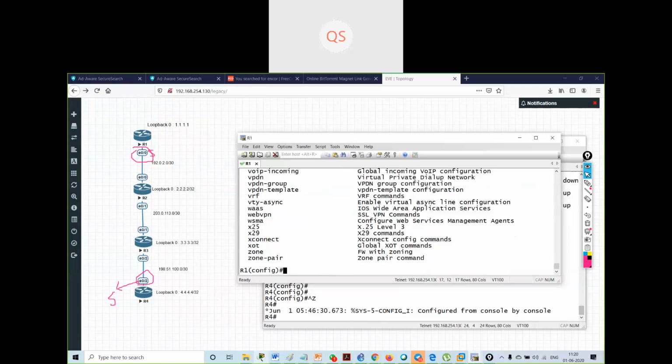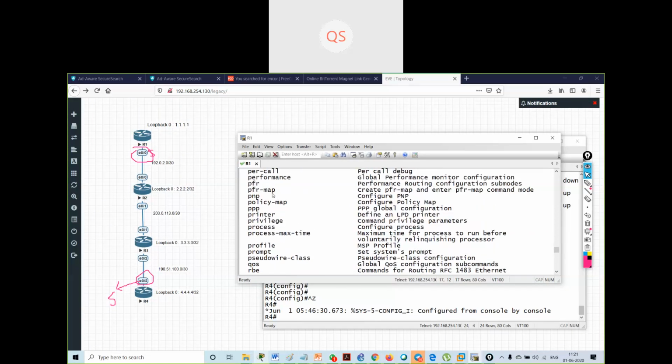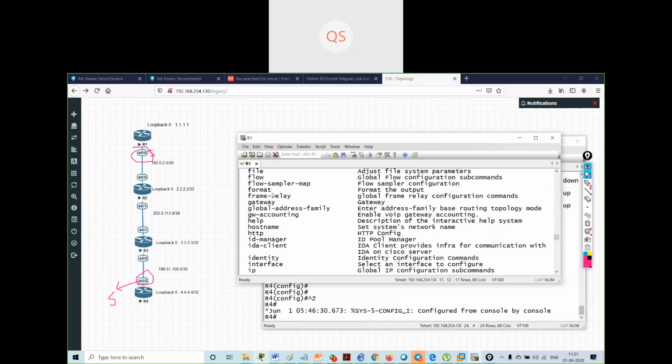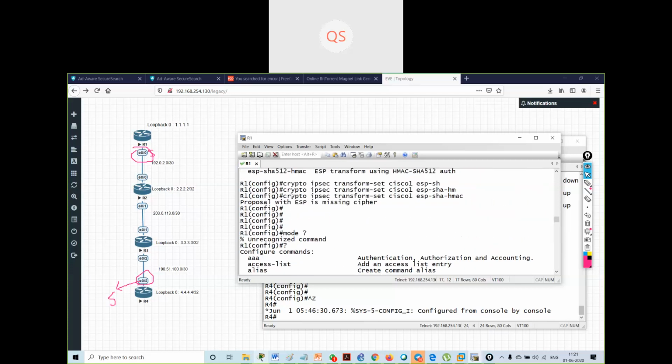Then, let's check whether this has been created or not. Proposal with ESP missing cipher. Okay,